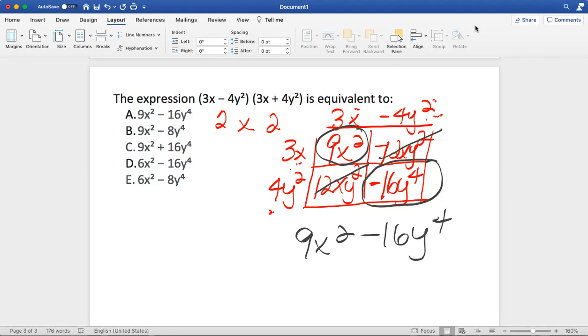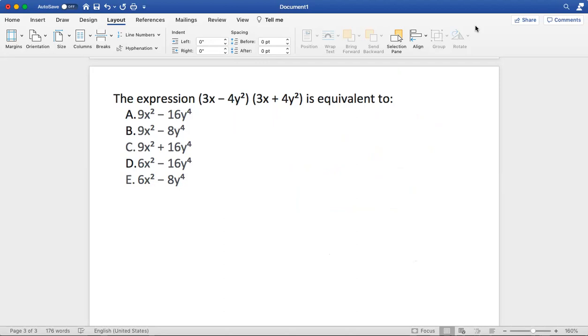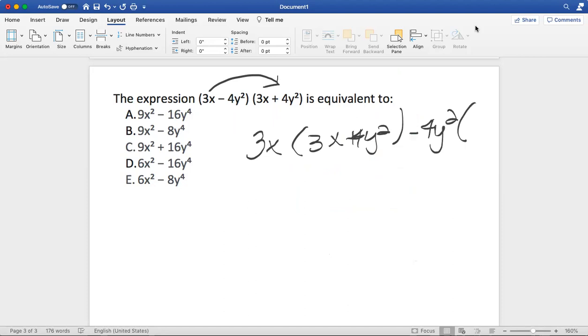So I just showed you guys a whole bunch of different ways to do that one problem. I know it's time for me to stop this question. I'm going to end it. One last thing, guys. You could take the 3x in the first parentheses and multiply it by 3x plus 4y squared. And then take the negative 4y squared and multiply it by the second parentheses, guys. And then combine like